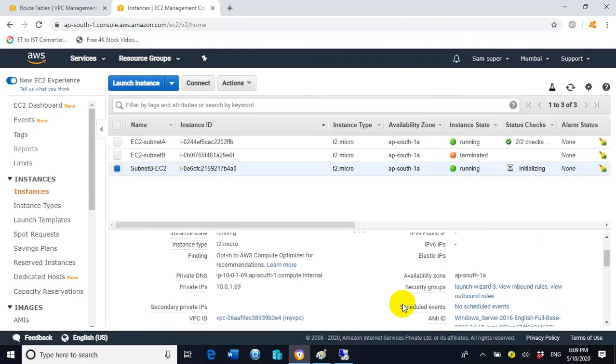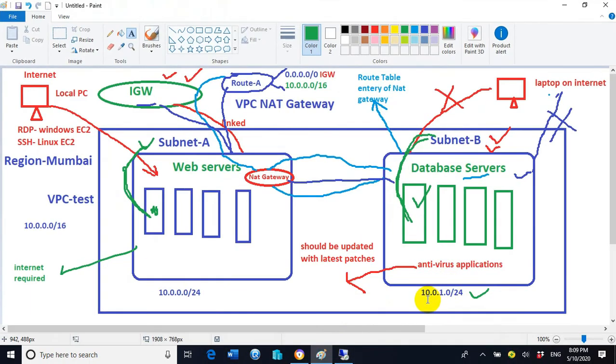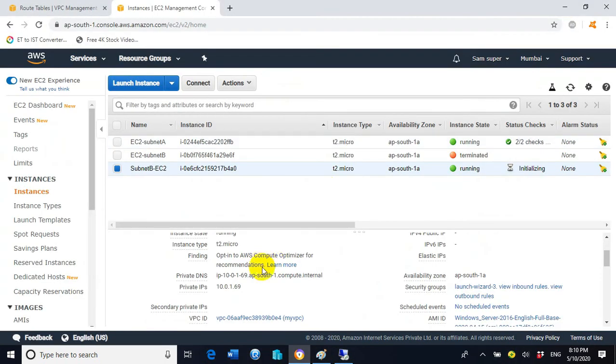So you can see on the picture 10.0.1, the 3 octets are the same. So let it complete. Till that time, let's wait for a moment.